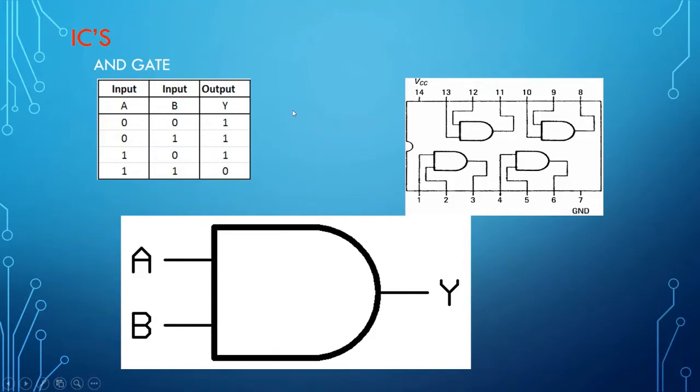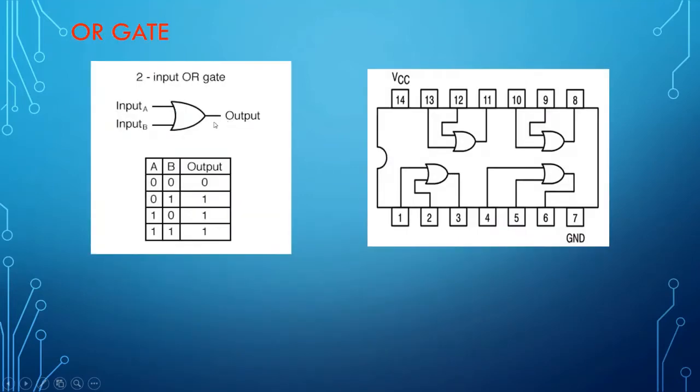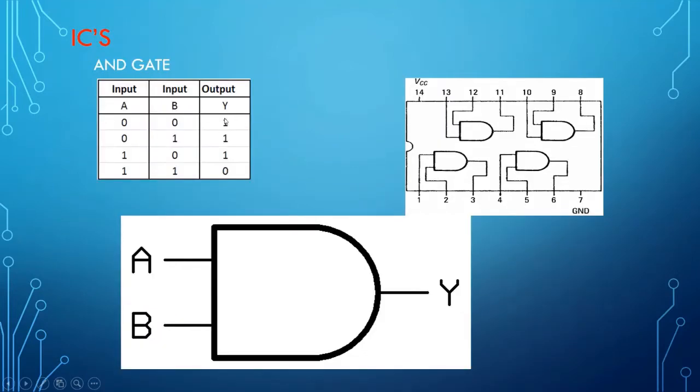This is the truth table of the AND gate. Probably there is a mistake in the truth table. It should be 0 here. And 0, 1 is 1, 1, 0 is 1, 1, 1 should be, or do you have any changes? Yes, there should be some changes, I guess. When I speak about the AND gate, 0, 0 is 0, 0, 1 is 0, 1, 0 is 0, and 1, 1 should be 1. So that should be the truth table. There is a mistake in this particular truth table. We'll replace it when we go with the actual circuit rigging up of the AND gate.